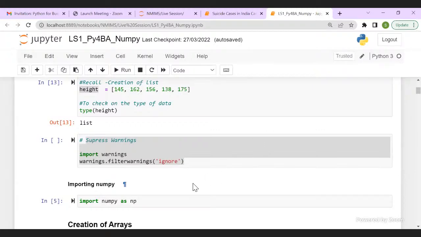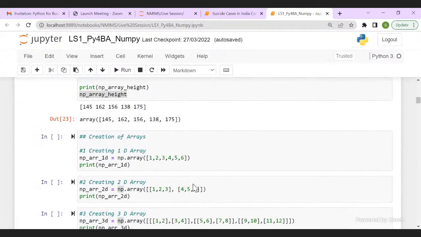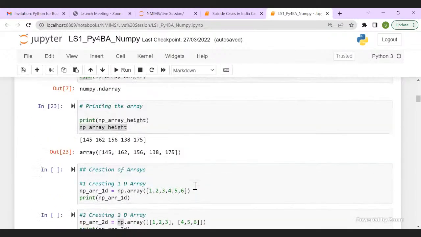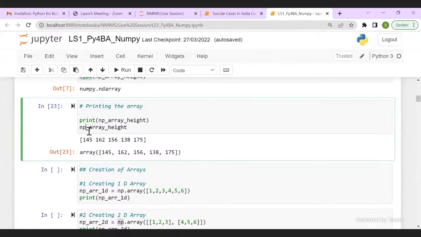Okay, got it. All right, now let's come back to what we were discussing. So there are two ways, using the print command and using the data variable. Now, with the print command, you will always and always get an output. But that is not the case with your variable out here. Why? See, if I remove my variable from here and put it before my print command, I will not see and execute it.